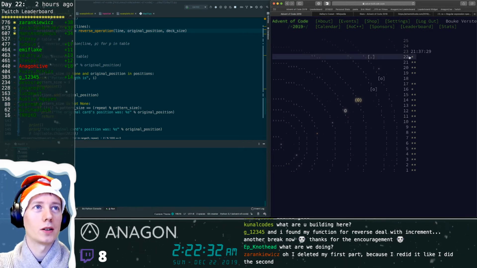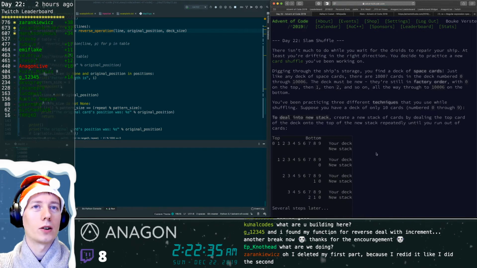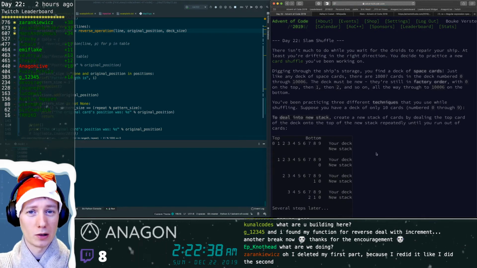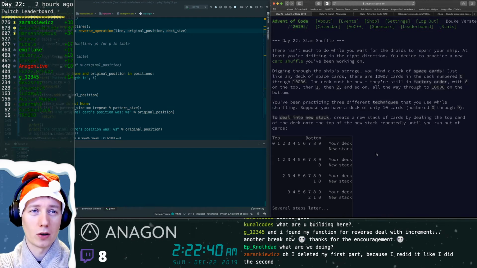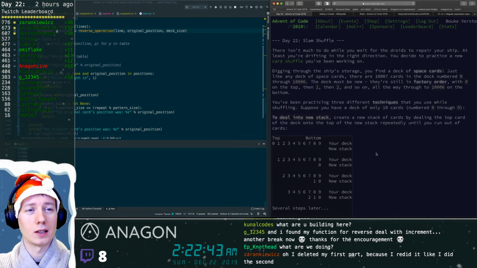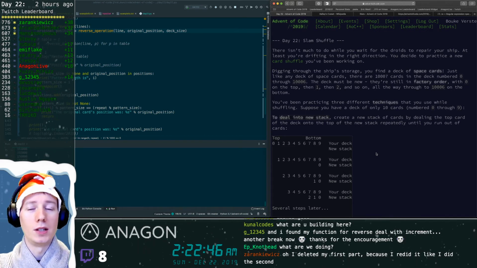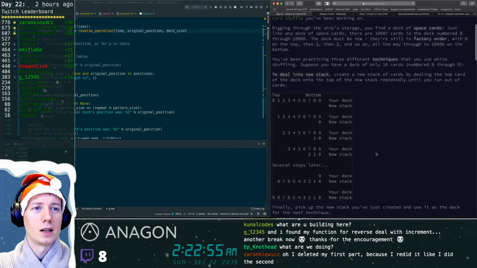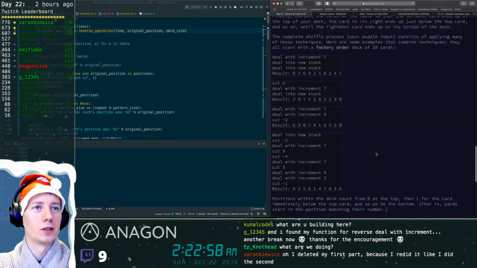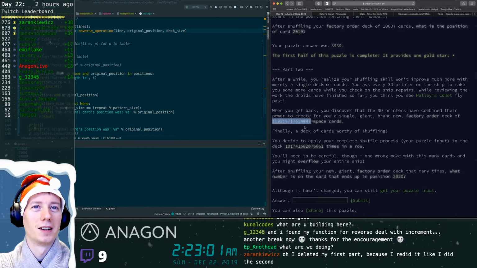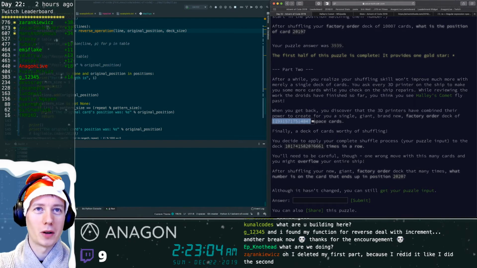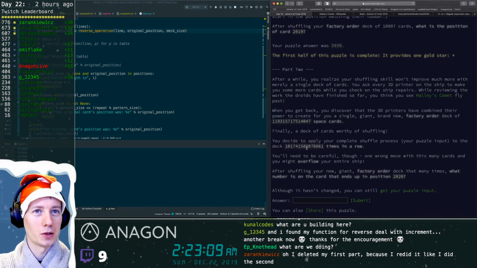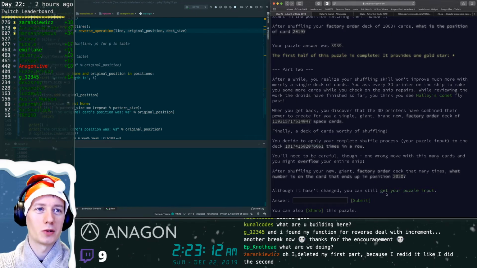Today is day 22, and our mission is to implement a shuffling algorithm. So let's say we have to deal a deck of cards, and you can do cuts and you can reverse it, and you can deal the cards by skipping steps. So you would take the first, the 7th, and the 9th card, for example, or well, consistent steps, that is. And so actually we have shuffled a deck of quite a lot of cards, this many cards. I don't even know how to pronounce that, so I've called it gazillion for now. And we need to apply our shuffling algorithm also a gazillion times,